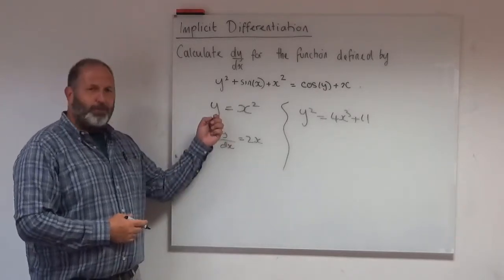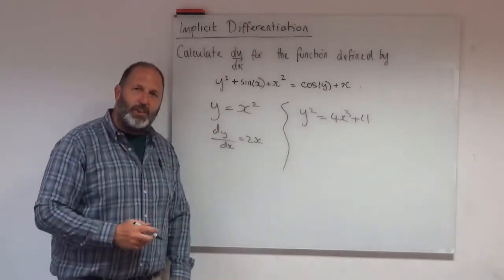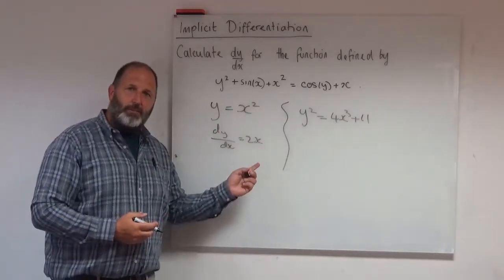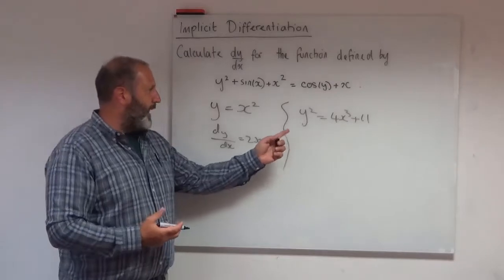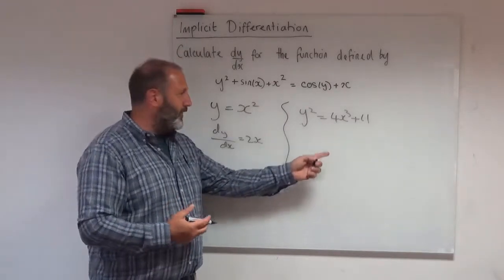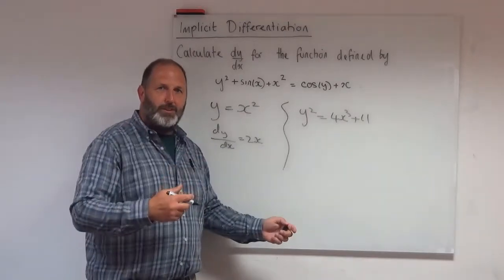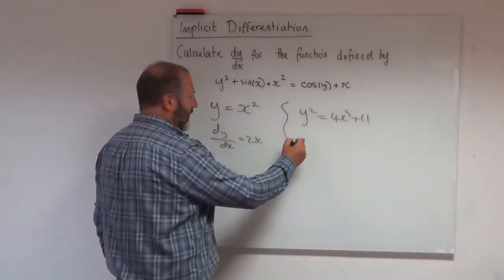Well, I might want it in this form. I might want to write y equals and then get everything else to the other side because I know how to differentiate that. I could deal with this. I could perhaps take the square roots of both sides, but it's not that straightforward. I've got to be careful. If I square root it, I've got a plus and a minus. And, well, I could do it perhaps, but what about another time if it was